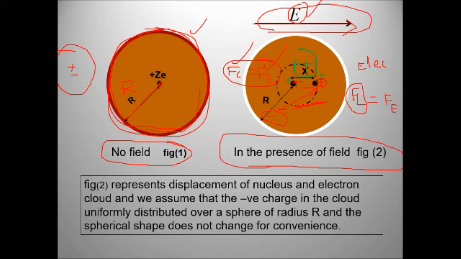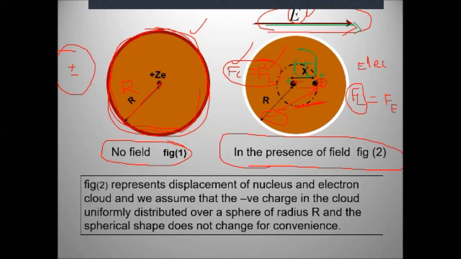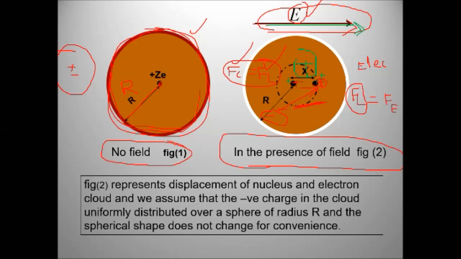Now the electric field is applied. You are talking about an electric field. So how many forces are there? Only electric force. Is there any magnetic force? No. Magnetic force arises only when a magnetic field is applied. If there is no magnetic field, we cannot talk about magnetic force. There is only an electric field, so you are talking about electric force.